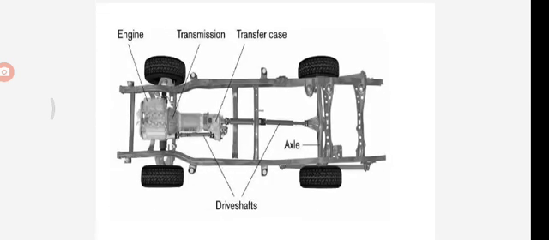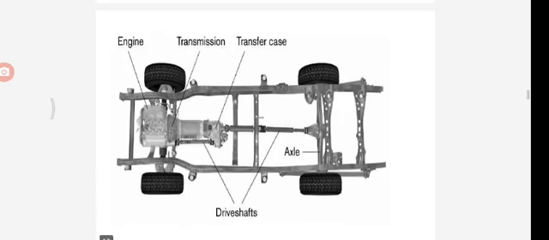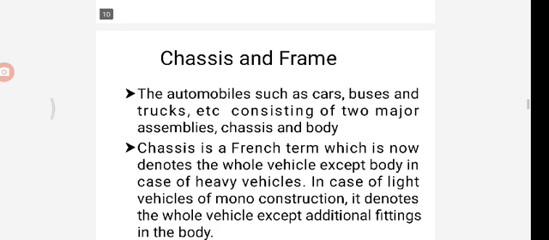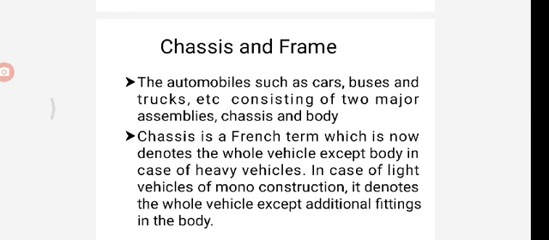Now we can see the chassis. The engine is located here, then the transmission system, transfer case, next axle, drive shaft. These are all the main parts of the chassis, before the body is built on the vehicle. So, chassis and frame. Automobiles such as cars, buses and trucks